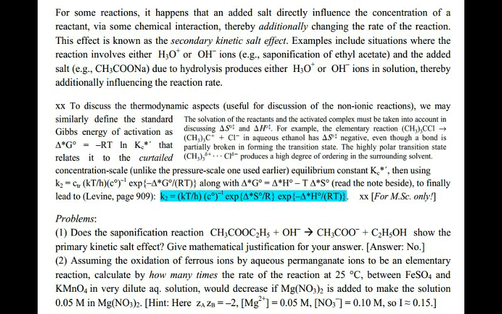Then at MSc level, we also need to know about the effect of solvent. This is particularly important for non-ionic reactions. If the reactants are not ionic, there is an example of an elementary reaction: trimethyl chloromethane, which gives you the trimethyl cation and Cl minus ion in aqueous ethanol.